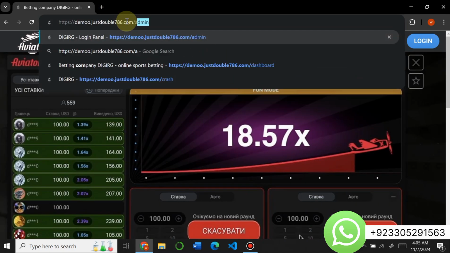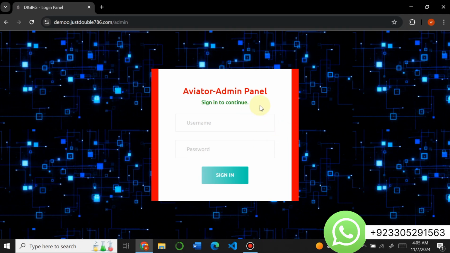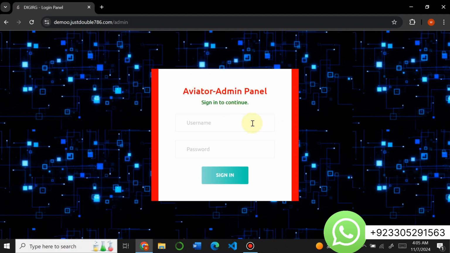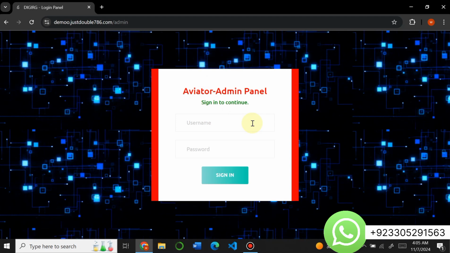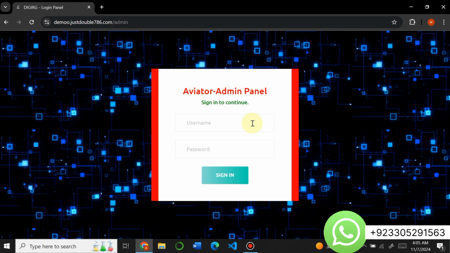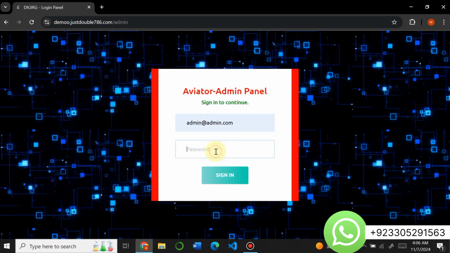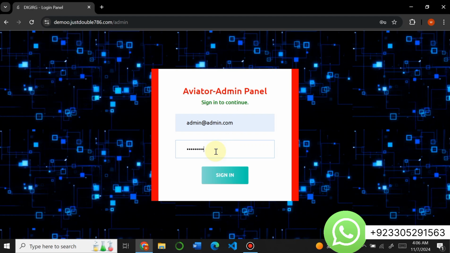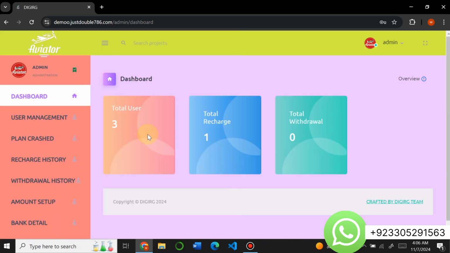So to go to the admin panel, type /admin, and here this is our admin panel page, and here we have to enter our username and password in order to log into the admin panel. So without entering these details, no one can log into the admin panel. Only the person who is admin can log into this admin panel. So here we'll enter the admin email, and we'll enter the admin password, so we can easily log in. Click on sign in, and here you can see that we have successfully logged into the admin panel of this